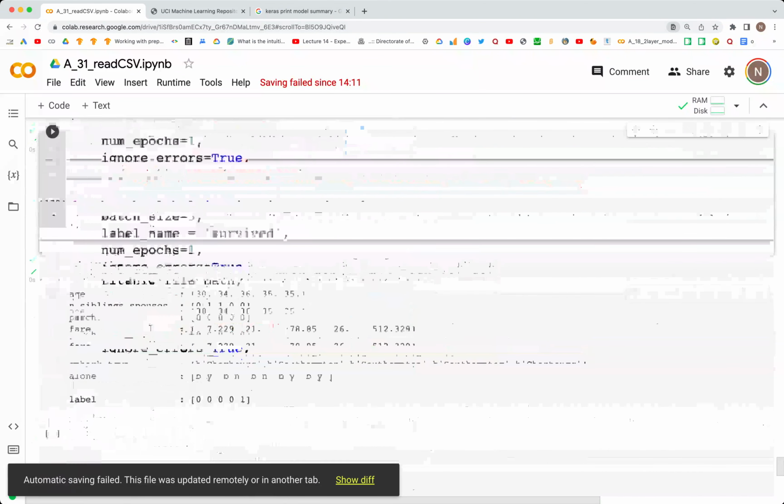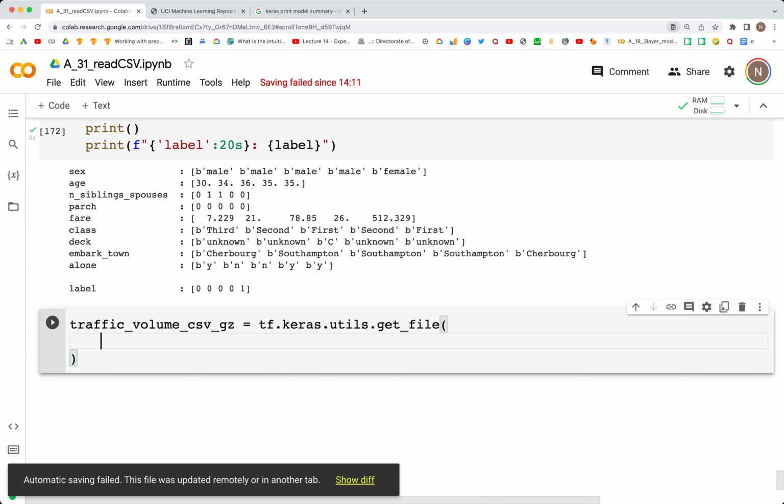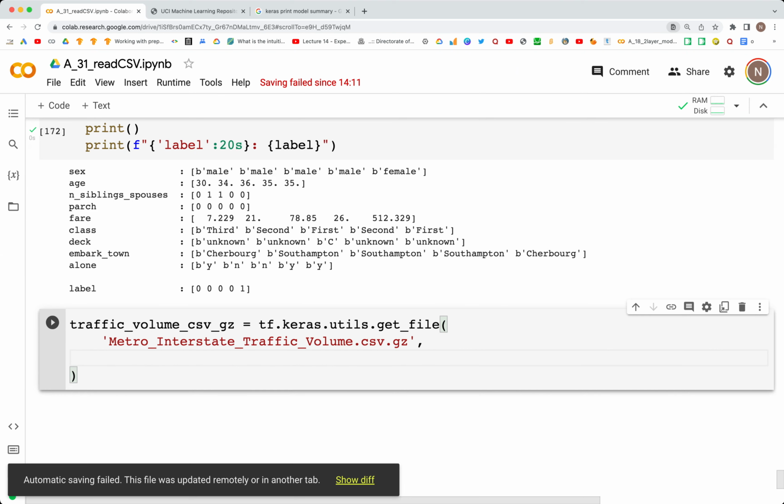That's the same thing we are going to use down here, and we are going to get a new dataset, traffic_volume_csv_gz is equal to tf.keras.utils.get_file, and in here we specify the name of the file, Metro_Interstate_Traffic_Volume.csv.gz, and then we have